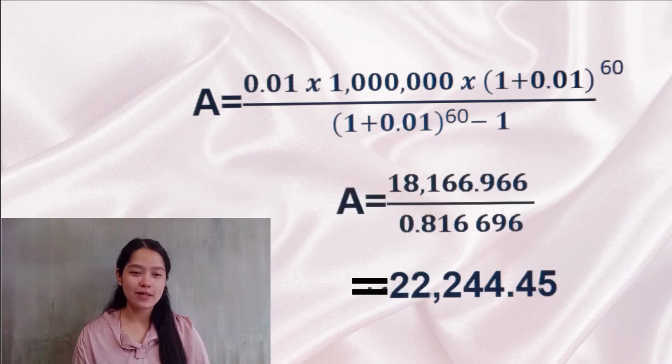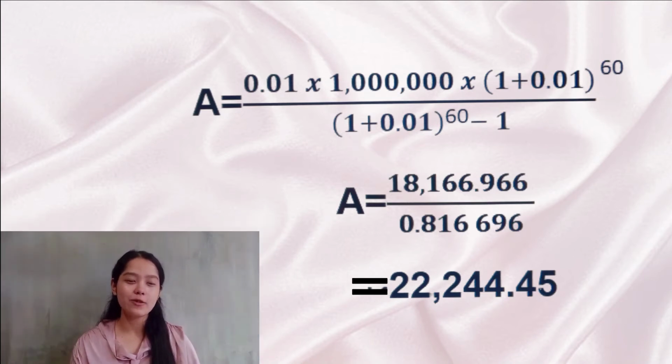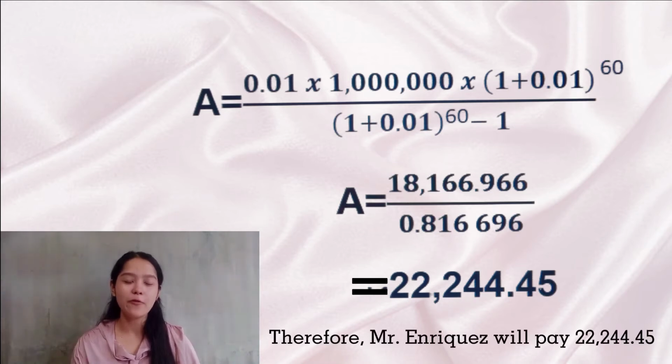So, 18,166.966 divided by 0.816 is equal to 22,244.45. Therefore, Mr. Enriquez will pay